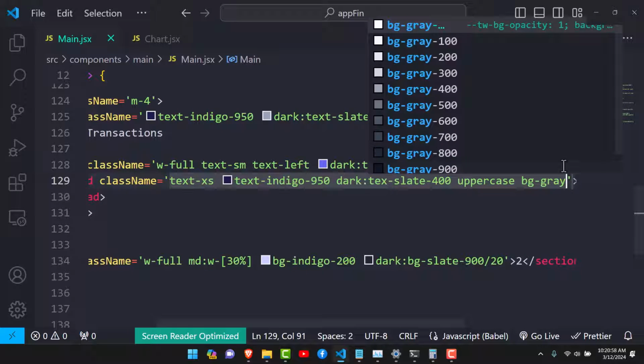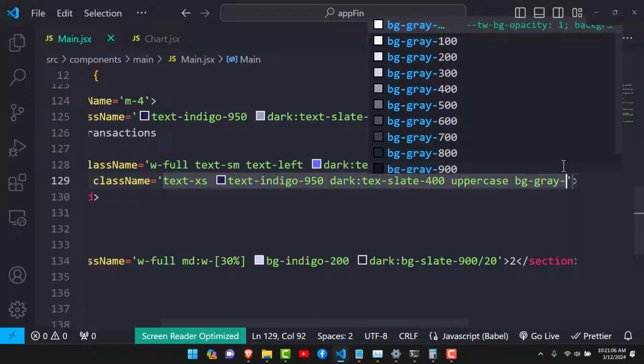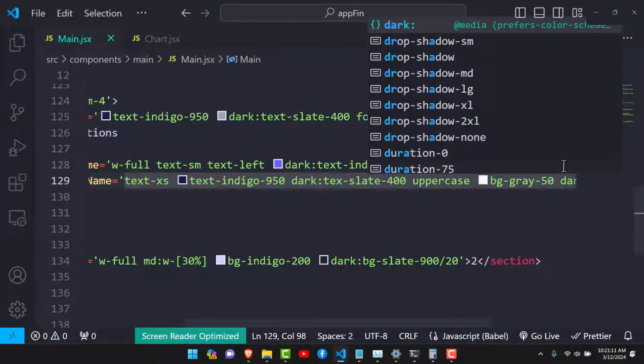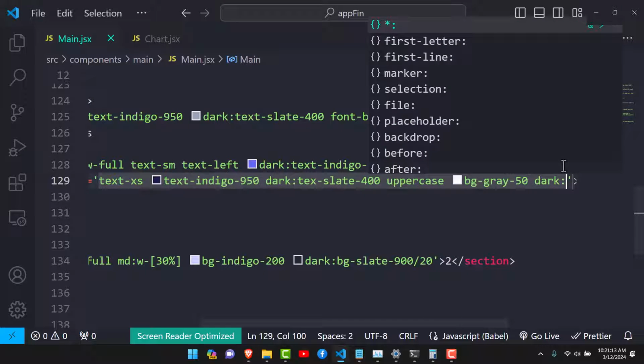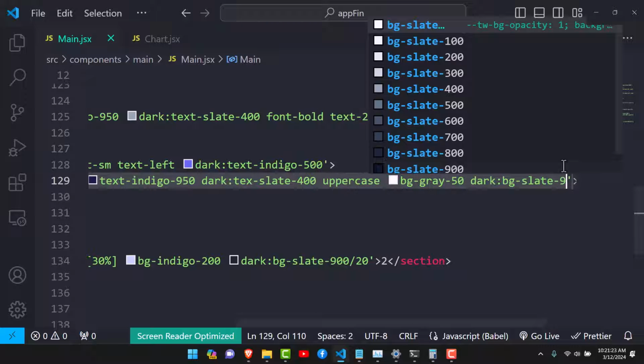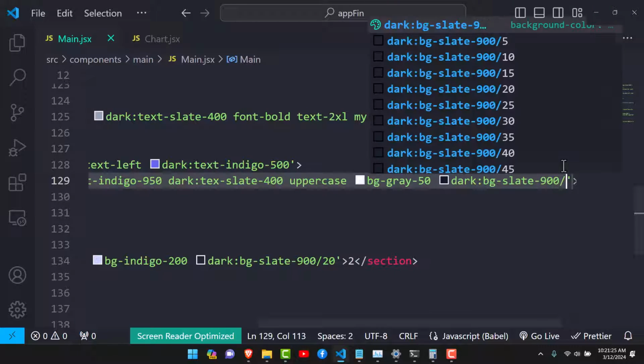while for the BG on light, we're going to have it being gray 50, but on dark we should have the background changing to slate 900. So BG slate 900. We're going to reduce the opacity by 50,